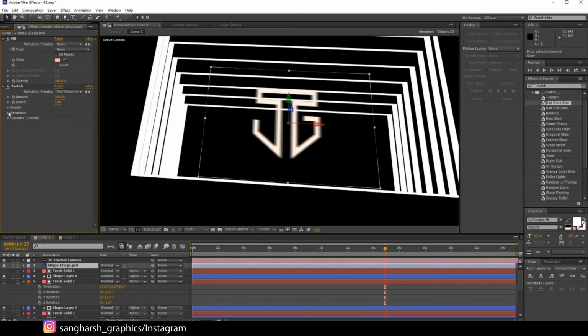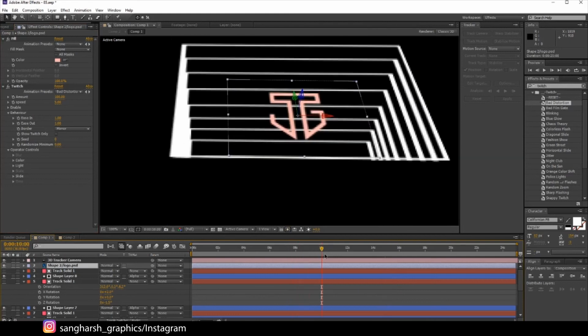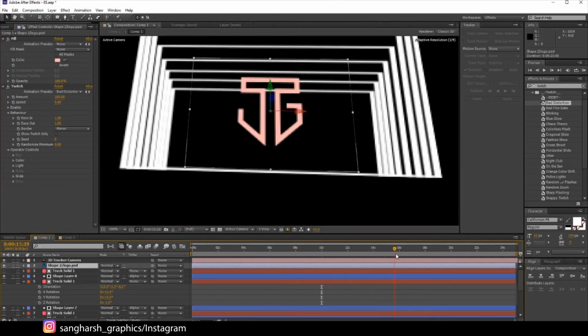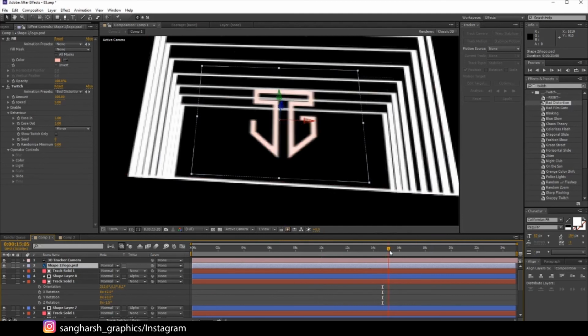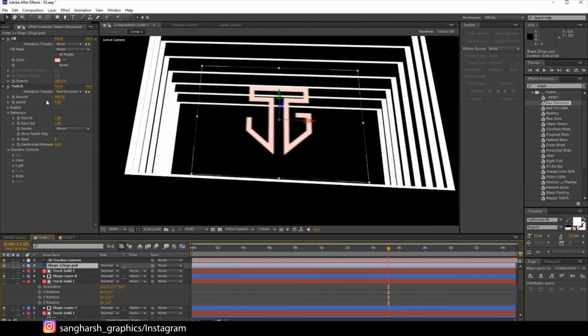Let's just open behavior control, you can see where are the keyframes. Select your layer. As you can see, we have a twitch glitch effect here.